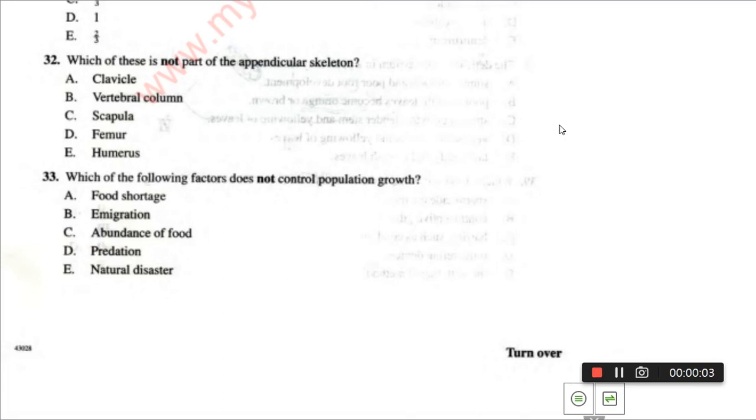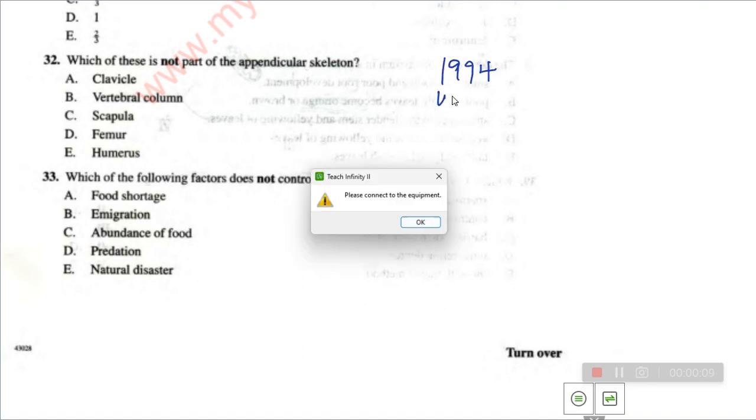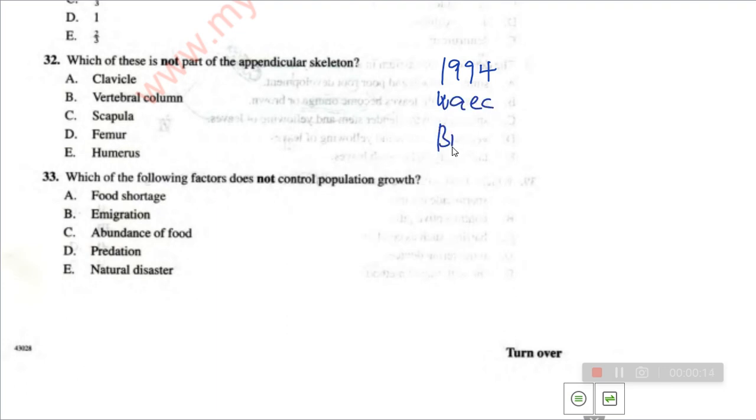So what we are doing is we are moving on in 1994 WAEC biology. We are on question 32. Which of these is not part of the appendicular skeleton? Option A, clavicle. B, vertebral column. C, scapula. D, femur. E,